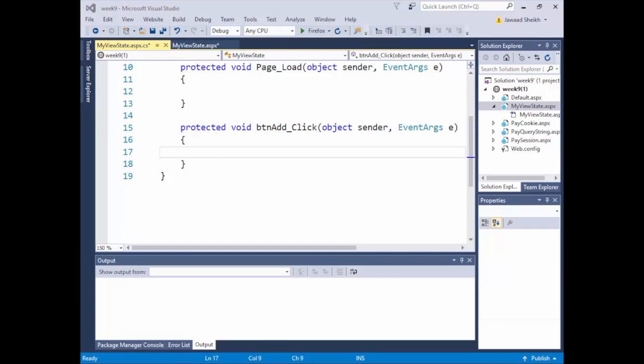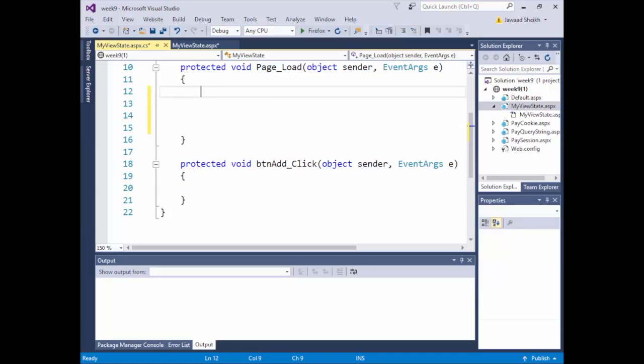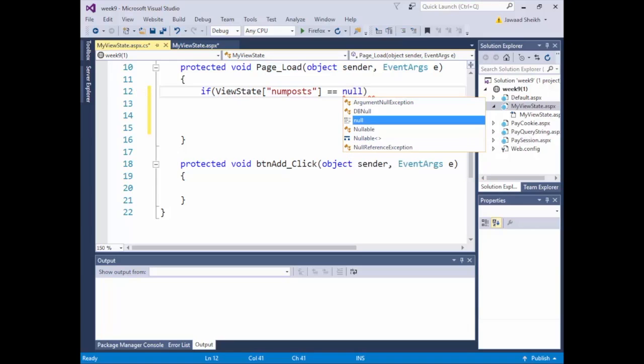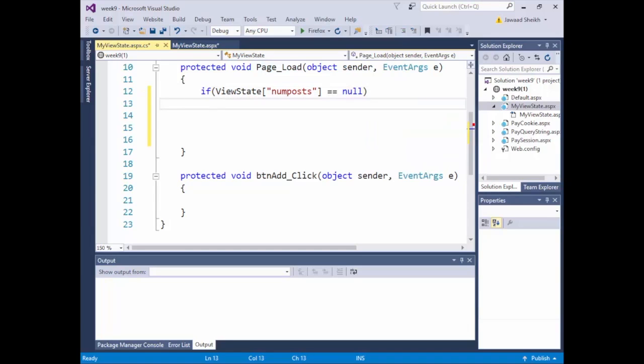Now before I populate the add click method, let's start with page load. So what we're going to do is we're going to use page load to manage number of posts, like a little counter. And we'll use add to repopulate the list view. So in page load, first we'll check to see if number of posts even exists for the viewState variable. So we'll say if viewState of num posts is equal to null,